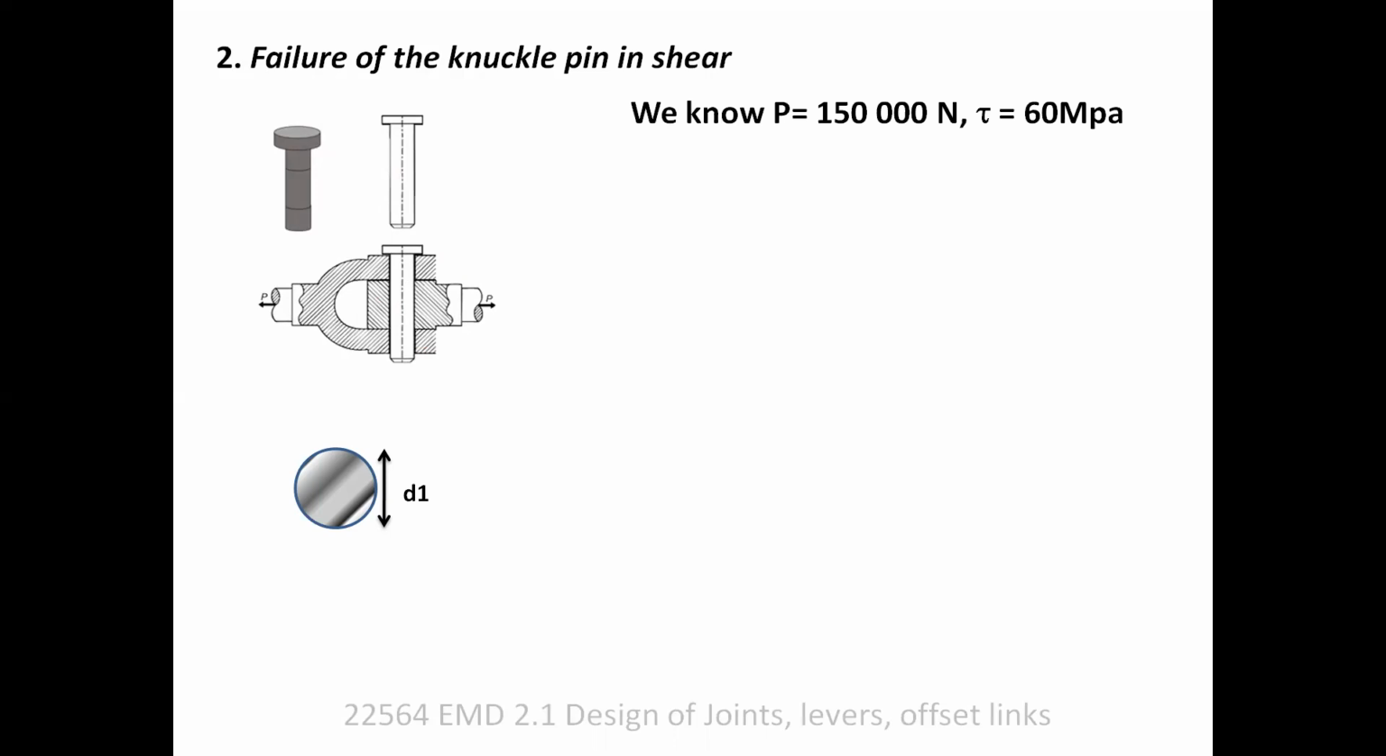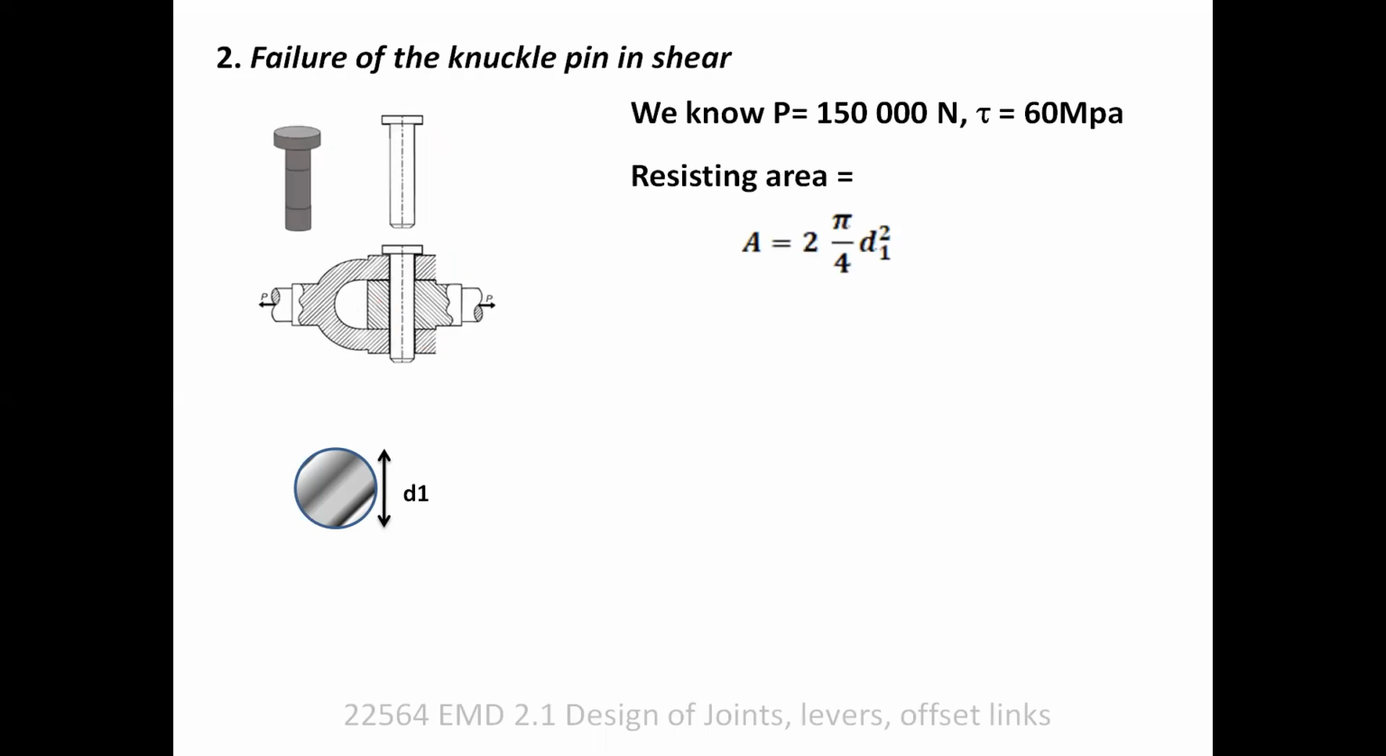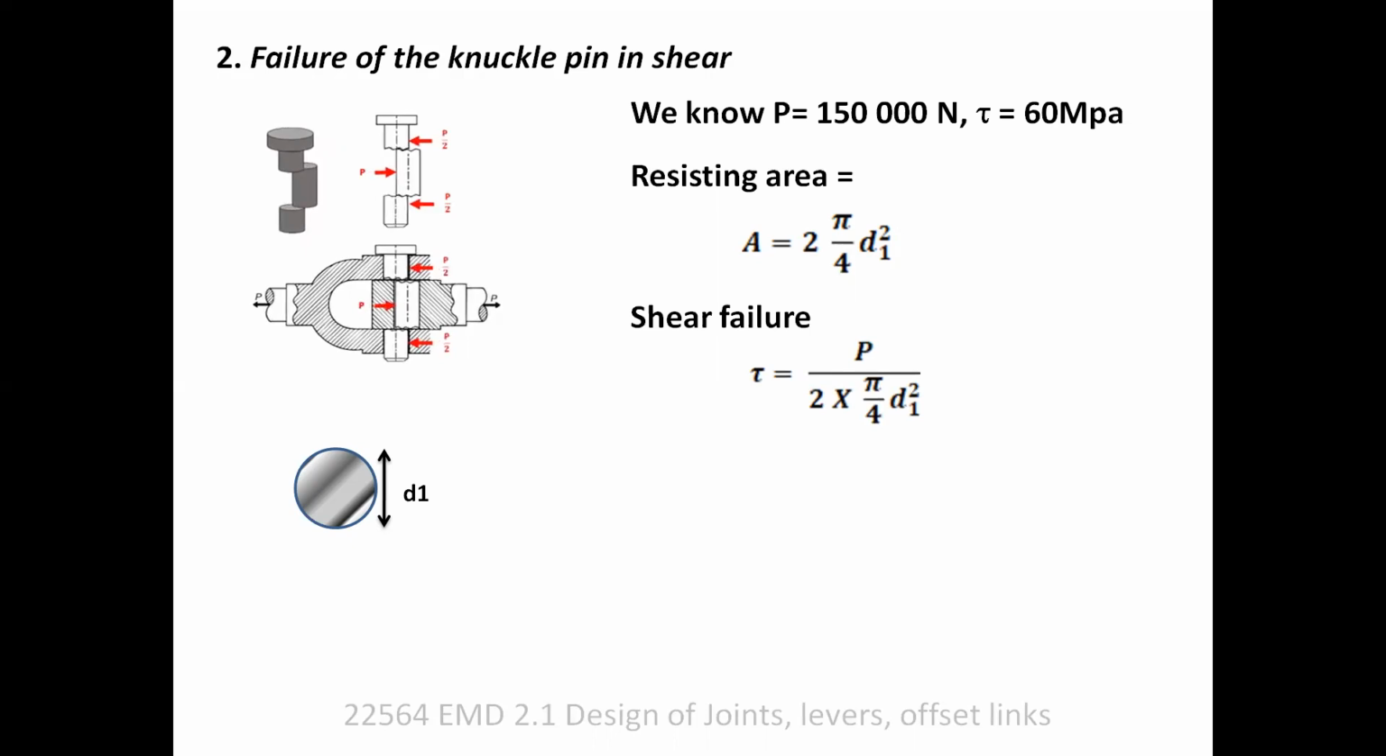Now what is known? We know that the given load, force, is 150 kilonewton and the shear stress is 60 megapascal. Resisting area is twice of pi by 4 d1 square. Resisting area is double here. Why? Because it is a double shear. Now shear failure tau is equal to P divided by 2 times pi by 4 d1 square. Here d1 we already know from our standard relationship. We'll put all the values here